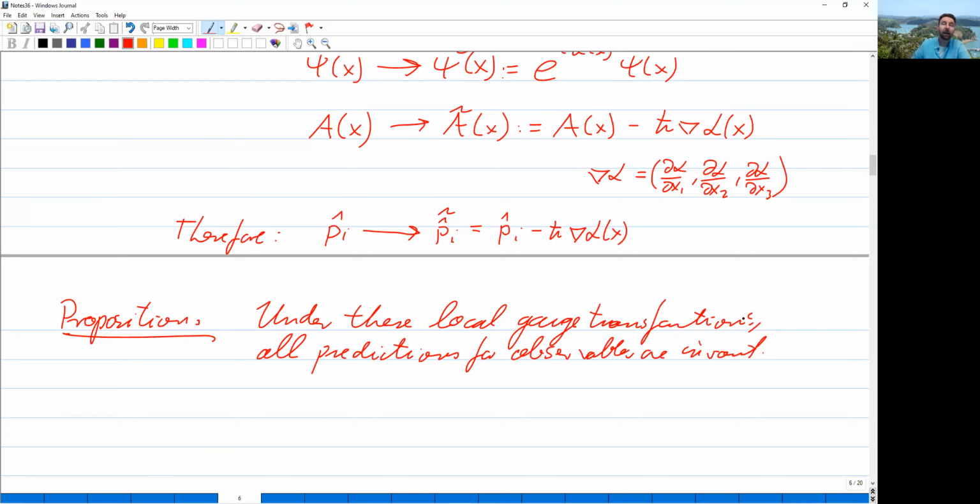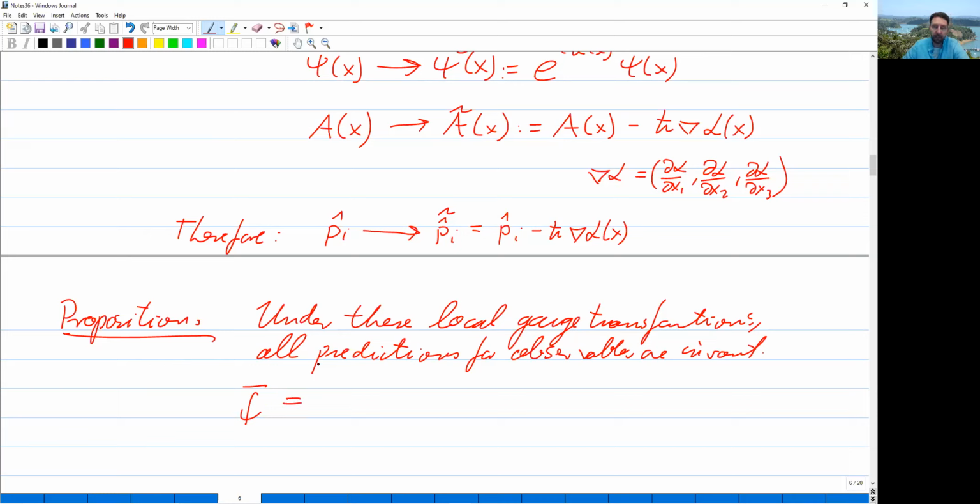Which is to say, now we have arrived at a theory that has a much larger symmetry, because we can now leave the theory the same, because all of the predictions are the same, even when we choose arbitrary local gauges. So again, what is exactly the proposition here? The proposition is that f bar, the prediction for an observable,